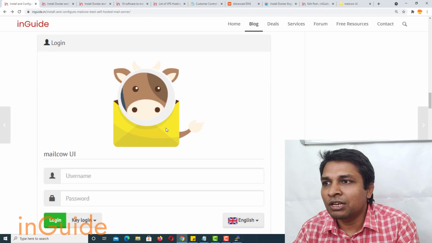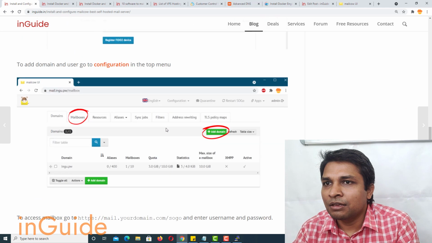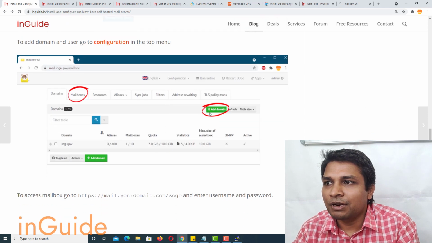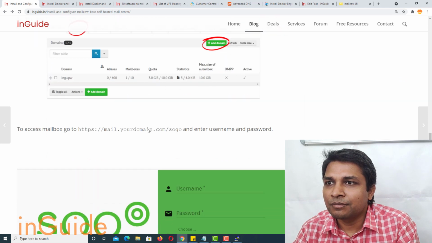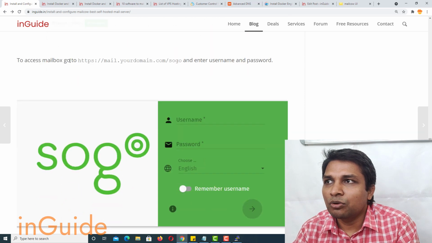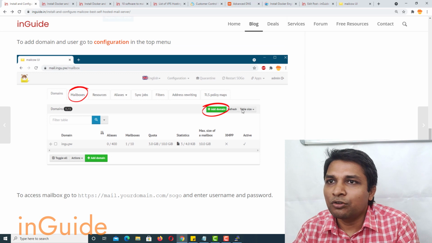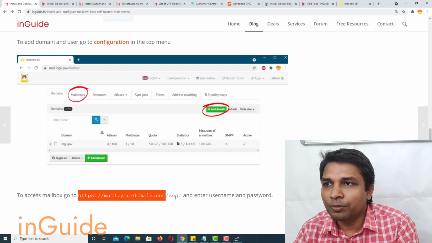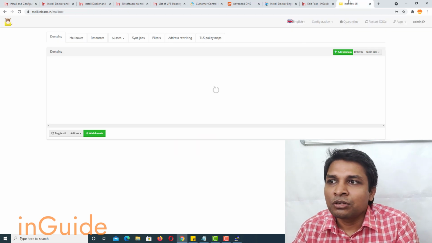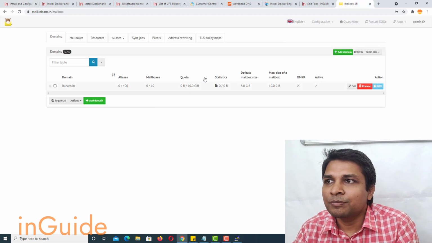Coming back to the tutorial, after adding the domain, first of all you have to add the domain, and then you have to add a mailbox, and then you can go to this domain to access the mailbox. So now the domain is added.